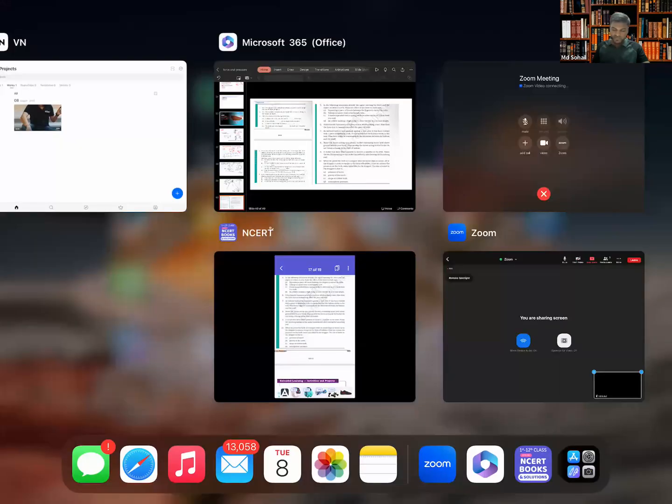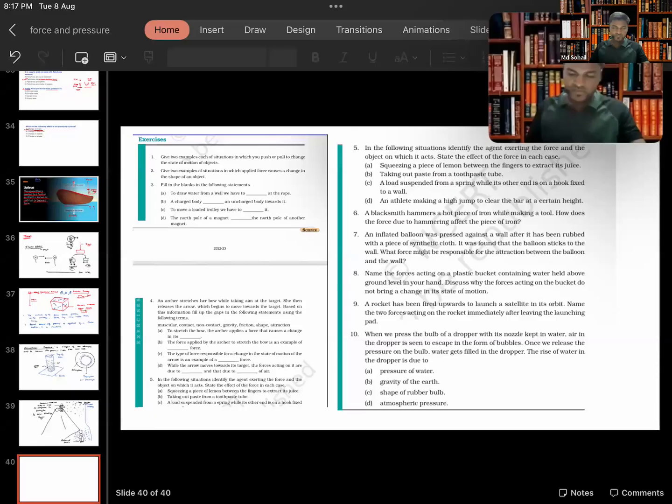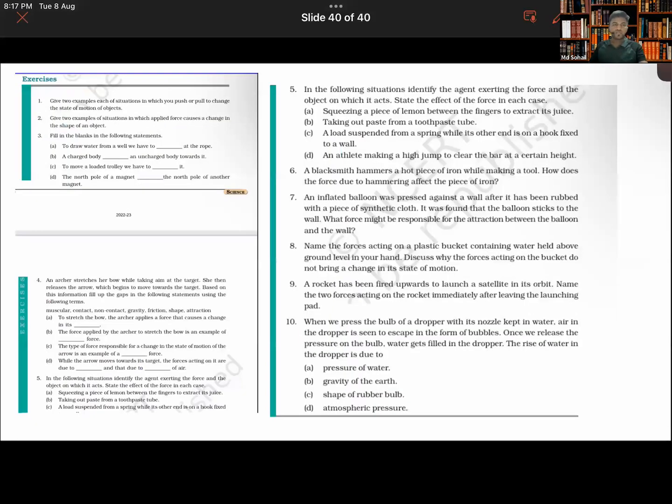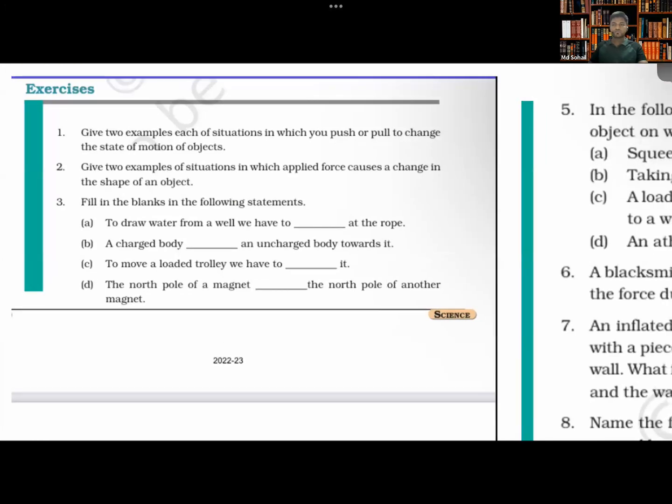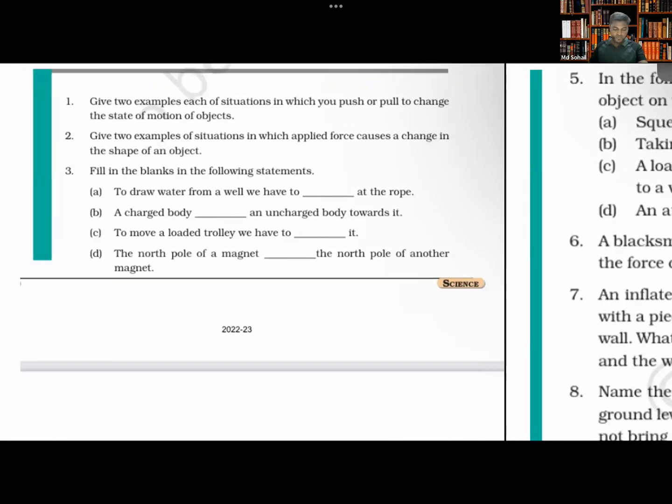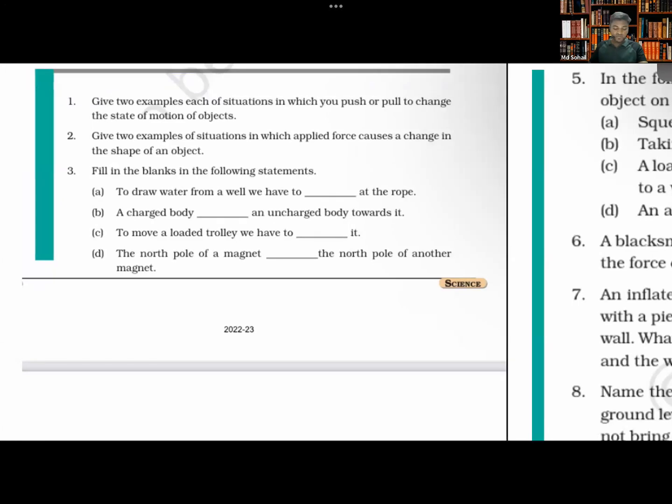You guys can see the screen? Okay. See the first question. The questions are pretty easy. So basically the question is, give two examples each of situations in which